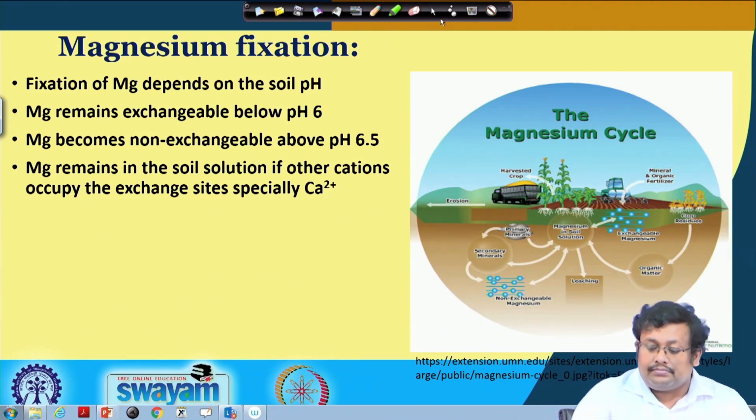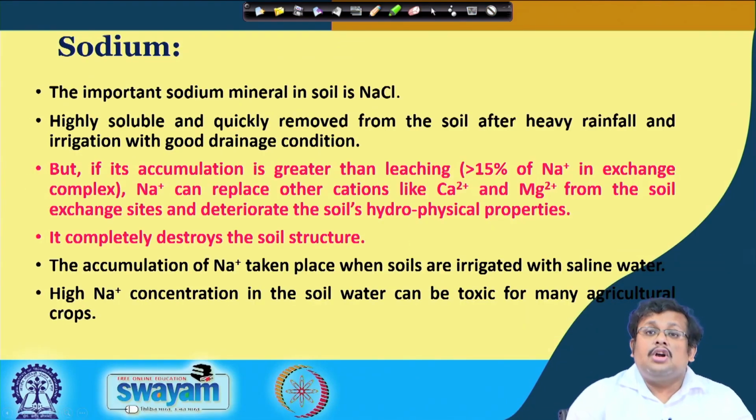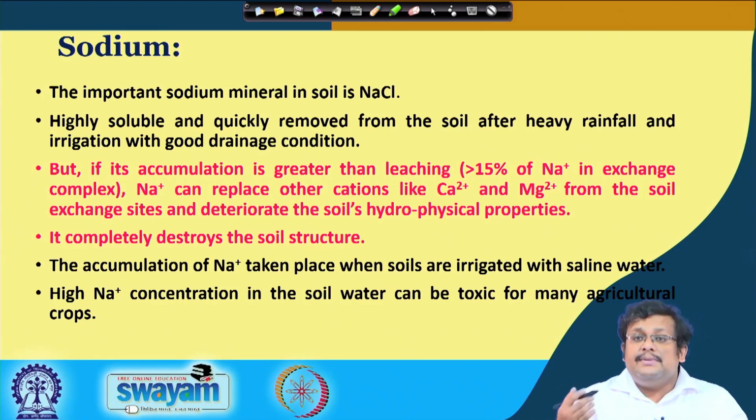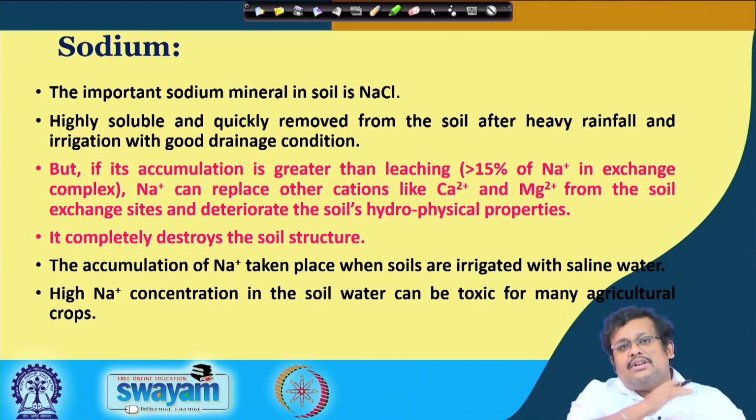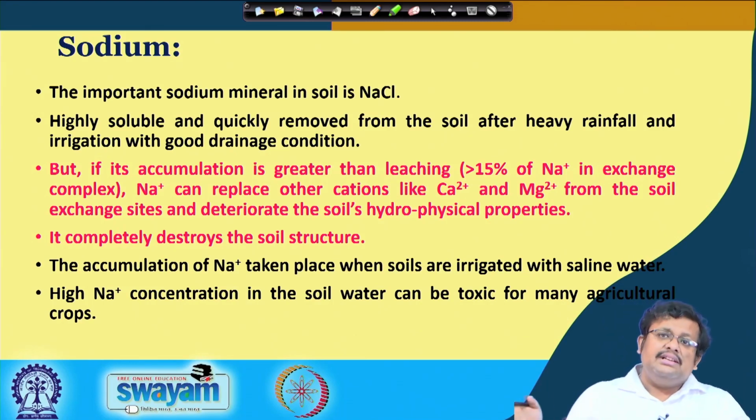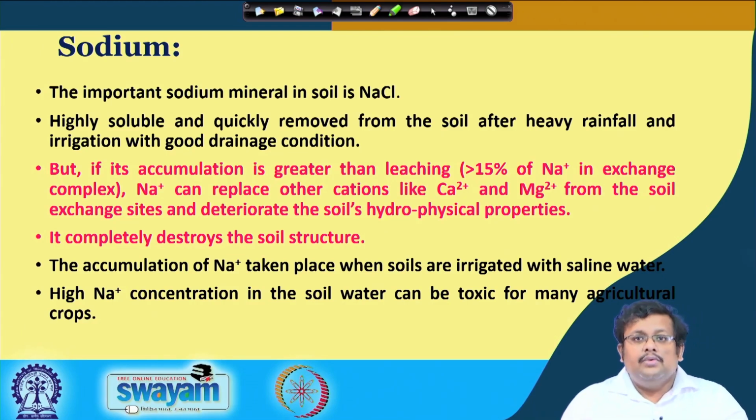Let us talk about sodium. The importance of sodium mineral in soil is basically in the form of sodium chloride. It is highly soluble and quickly removed from the soil after heavy rainfall and irrigation with good drainage water. Since it is highly mobile, when we apply good quality irrigation water, it is easily removed from the soil, and due to heavy rainfall it can also leach away or move away with the